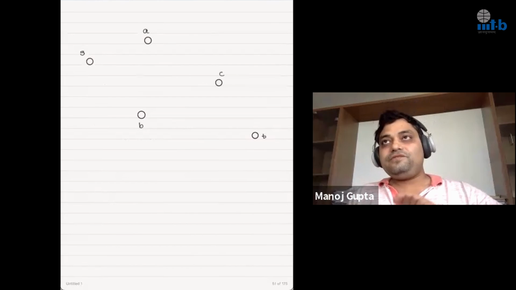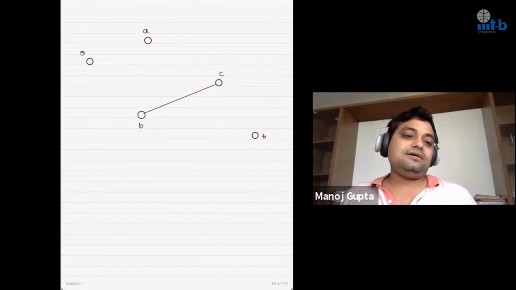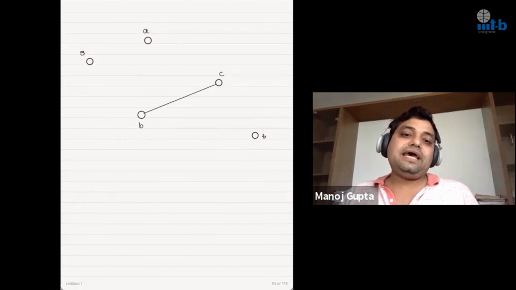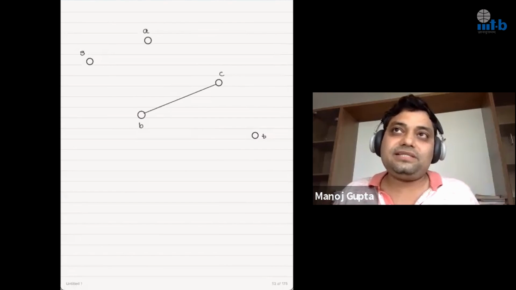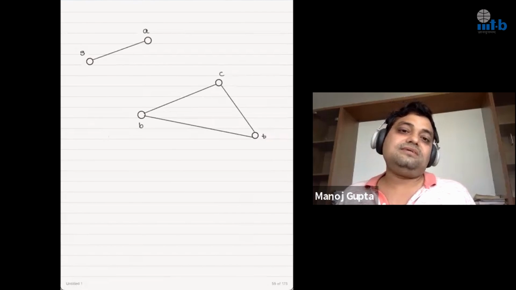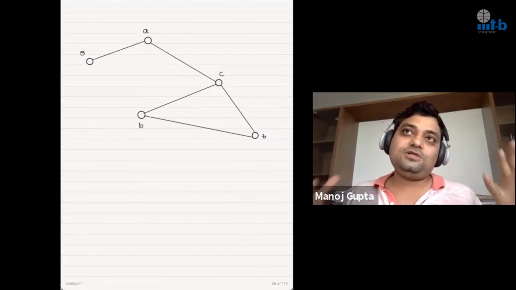Okay, how will we solve this problem? As I said, this is a very simple problem. First let me tell you what happens in this particular problem. An edge is always added in the graph, and let's say at this point of time, edge BC is added, and there is nothing to do because at this point S and T are not reachable. Next, maybe this edge is added. Again, there's nothing to do. Then this, then maybe this, and this, and at this point of time,